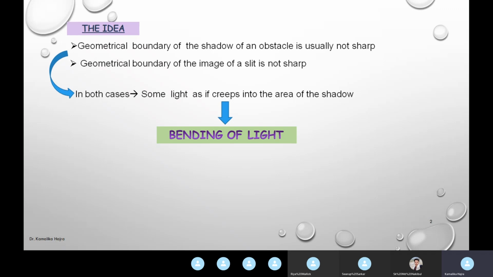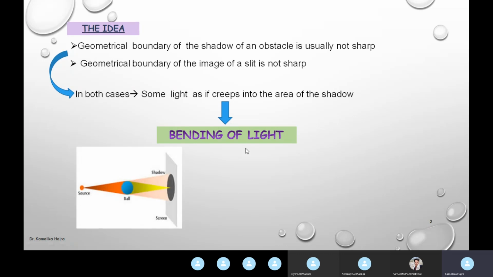As you all have studied a bit of diffraction in your high school, in your plus twos, you know that in most textbooks diffraction is commonly related to bending of light, as if light which is traveling in a straight line bends when it faces an obstacle. Now, this is not possible for an ordinary straight line or a stream of particles to suddenly face an obstacle and bend its direction.